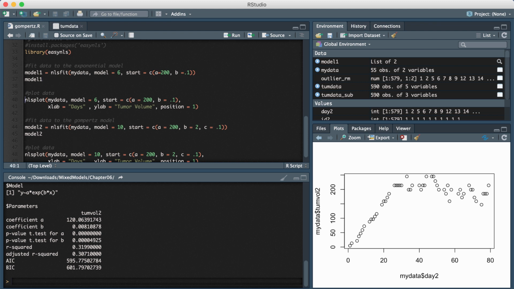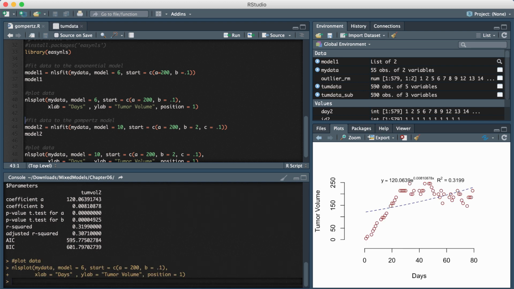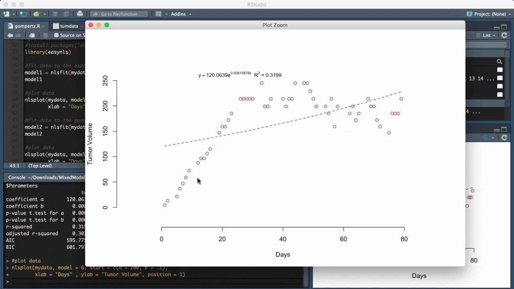And now the next part, I'm going to fit that exponential model to the data and plot it as a curve. When I do that, you get this. So this is the actual data, the red dots, and then this is what the exponential model would look like. And here it says that the R squared, or the variance explained in the model, is 0.32. So it's not very good. You can see that literally almost none of the points fall anywhere near this line. So this doesn't seem to be capturing the growth rate of the tumor volumes very well.